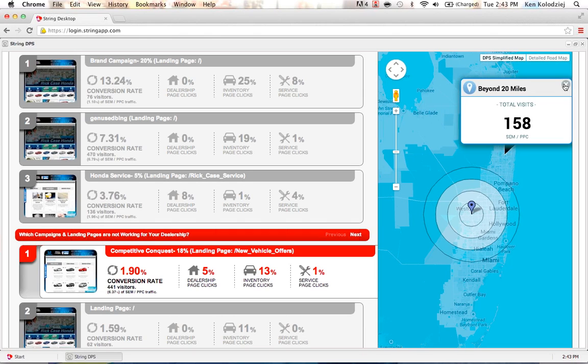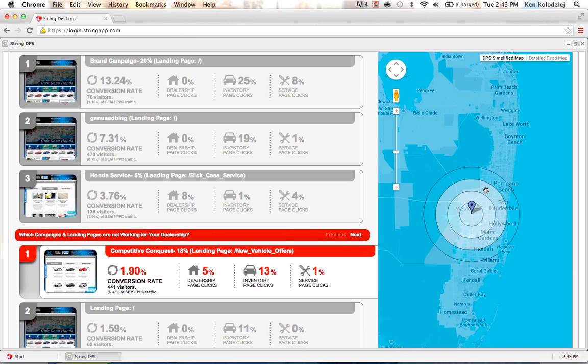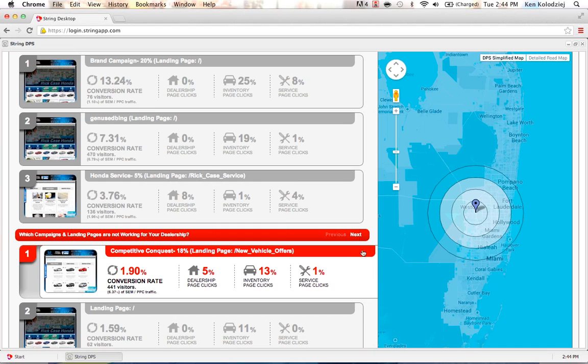In this particular case, most of the visitors are coming from at least 10, 15, 20 miles away from the dealership. And maybe that's okay because, again, it's competitive conquest. That's what it looks like, and we're landing them on new vehicle offers. So maybe this is okay, but maybe we want to do a better job of optimizing the landing page because